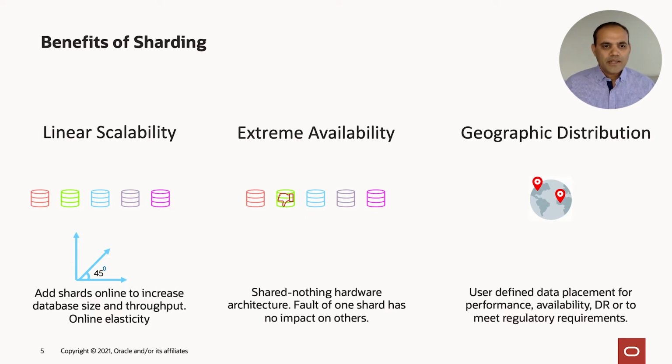What that means is that if we have more data or more transaction volume, we can just horizontally scale by adding more nodes. Additionally, when we want to shrink the number of nodes, we can do so without losing data. So, for example, if there is a holiday season coming, you want to add more capacity, and then when the season is over, you want to take away that capacity. We can do all of that without losing any data, without any downtime.